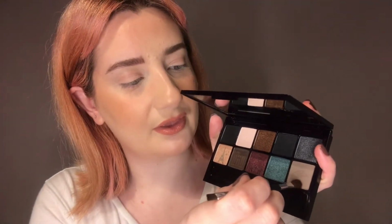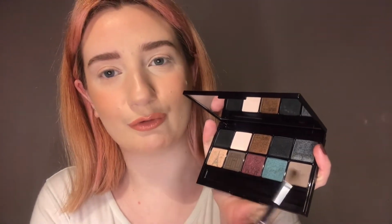So the look I'm going to be doing today, I'm not really too sure what I'm going to start off with, because like I said, they do have a few neutral colours in them. So I think I might just start off by using that shade that I said I've used on my crease, the sort of grey toned one here, just to show you what I mean, because I really like how it looks. I'm only just doing a little dab in there because once again I don't want to ruin how pretty it looks. It says Paris on that one, so I've just been doing a little dab on that, tapping it off, and then almost just taking it higher than my actual crease,